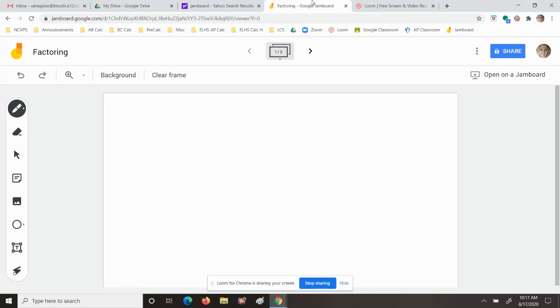I'm going to start with just basic factoring a trinomial where the leading coefficient is 1. So let's talk about what these look like. Let's say we have a basic quadratic ax squared plus bx plus c. And this is what we want to factor. And we're going to start with the types where a is equal to 1. So that leading coefficient with the x squared is going to be equal to 1 for these first sets